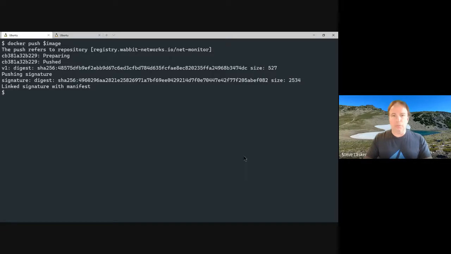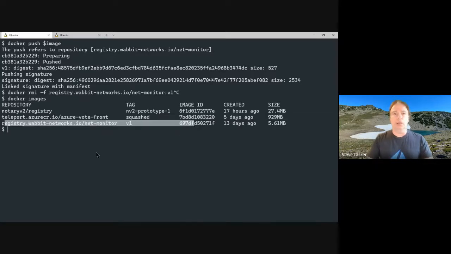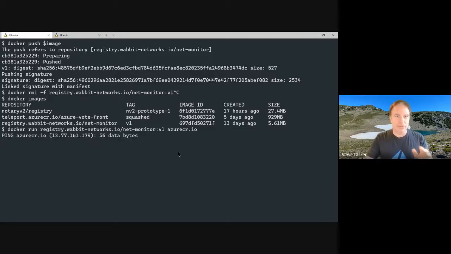All right, so now let's imagine we're on a different machine. Actually, hold on. Docker images. Of course, there's our image there. And if I ran it, we'll see the great elaborate code that's in there. Basically all it does is ping. There's this great monitoring thing. In there, I've just got embedded ping as the entry point, and I pass it a domain, and off it goes. So great, my image works. That's fine.